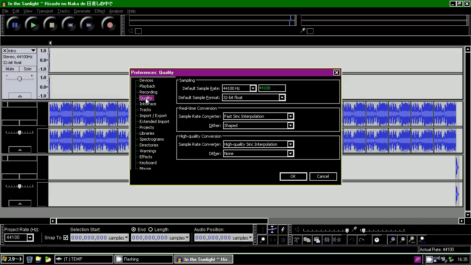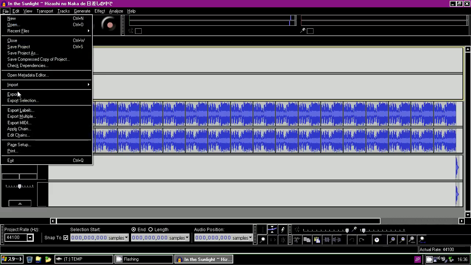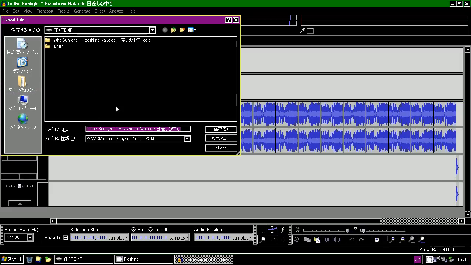However, there is one setting you need to change in the preferences, under Quality. Under high quality conversion, dither must be set to none. Otherwise, Audacity will always apply dither whenever you export as a 16-bit waveform. Normally you want that, but that's only if you've done waveform edits, like amplifying or declipping. If you're just doing copying and pasting, it's completely unnecessary, and in fact, it will cause your waveform to no longer be lossless. We don't want that. So I got my waveform.